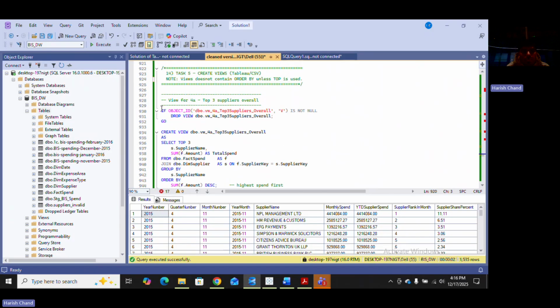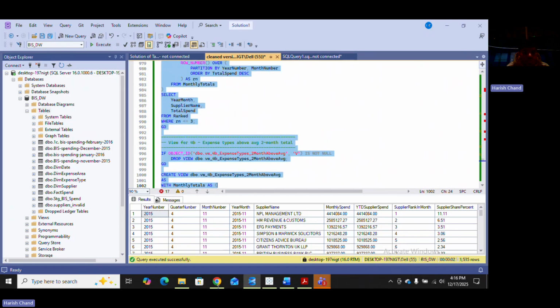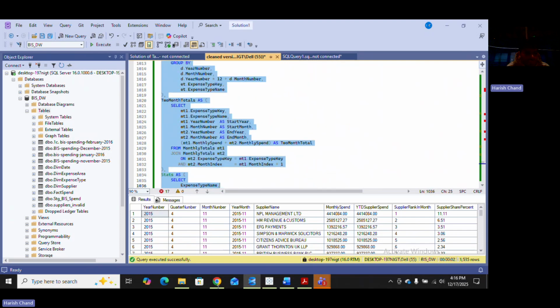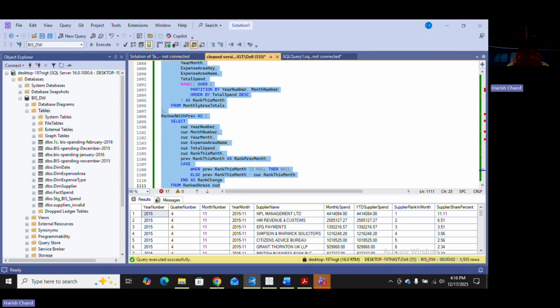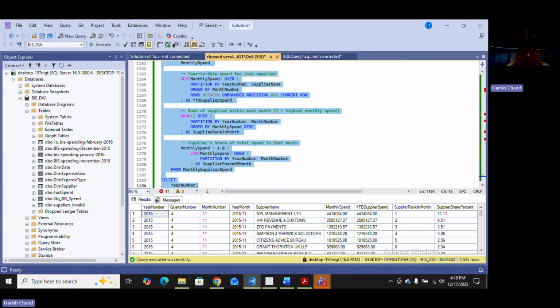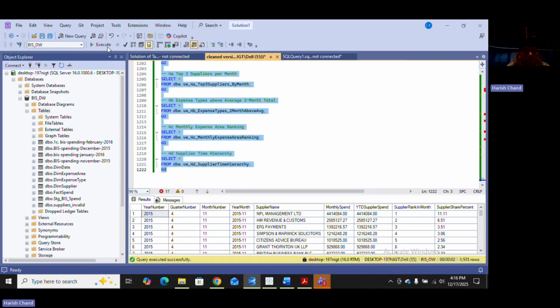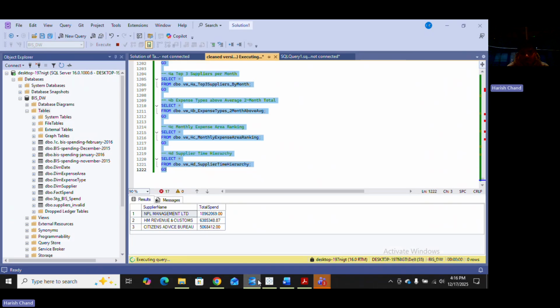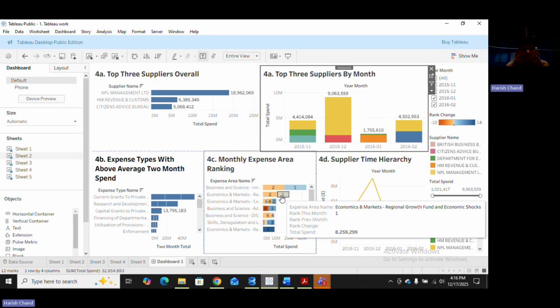Now, for the proper download of my CSV files for Tableau, I have to run all these codes so that they will be properly executed, and I can download the files for my Tableau. After execution, you can see the files here. I can download these tables in CSV form, and now you can see my Tableau